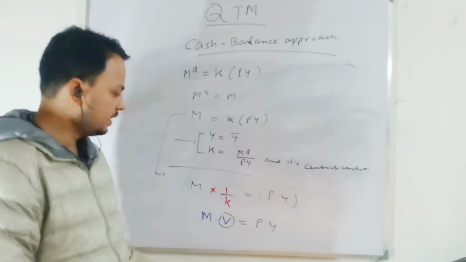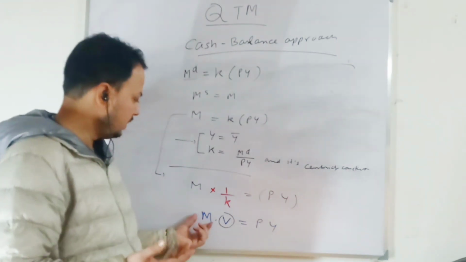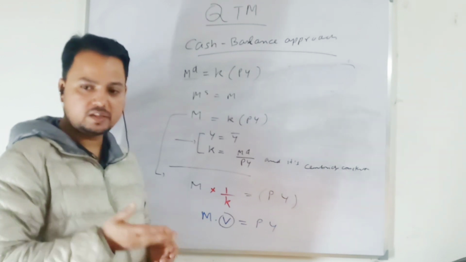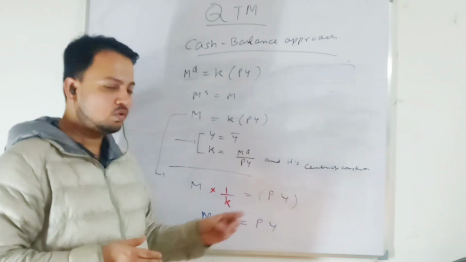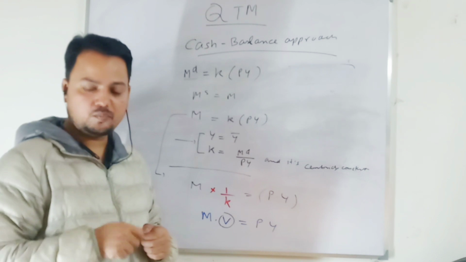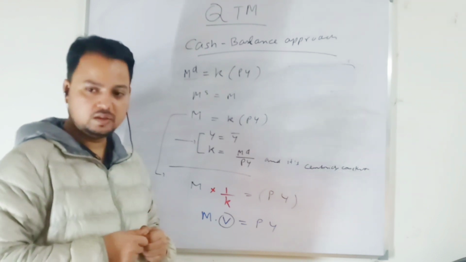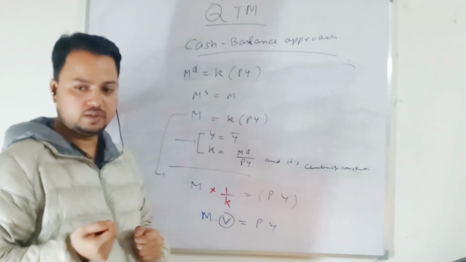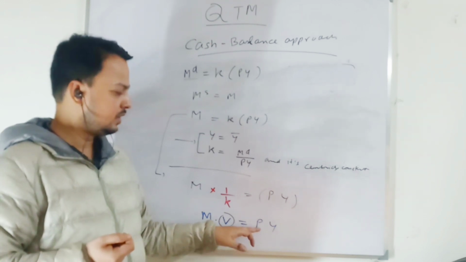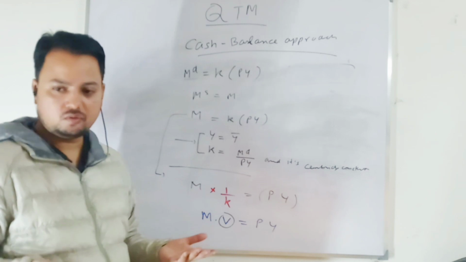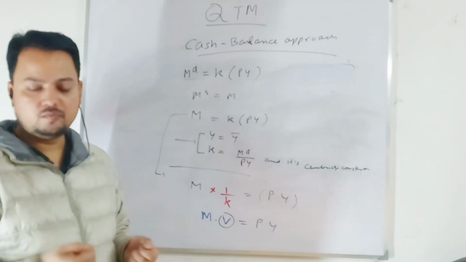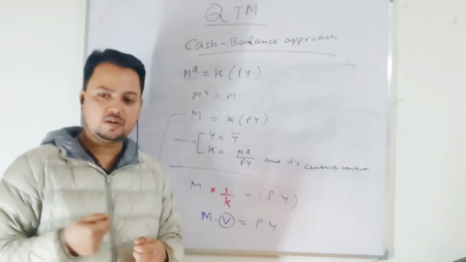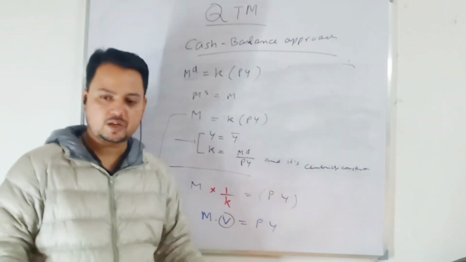Second thing is that in this approach, when money supply increases more than money demand, price level will increase. We are not talking about the dynamism of the price level, how the price level is changing over time, and what are the other factors that are also influencing the price level. Even in the long run, and in the short run price may be sticky also, right? When we do Keynes, we will learn that prices are sticky in the short run. In the long run, it is flexible. There are many factors that are affecting the price level.